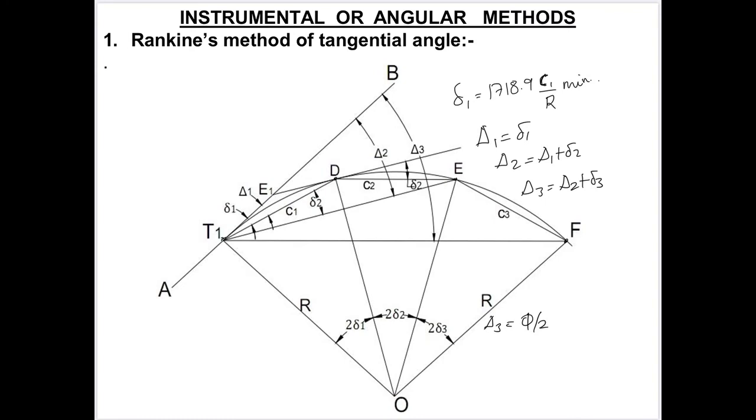If your F and T2 points do not coincide, it means what? There is an error. If it is within the permissible limit, the last few chords may be adjusted. If it exceeds the limit, the entire work must be checked. So there are some limits. If it exceeds that limit also, then we have to go for redoing all the work.